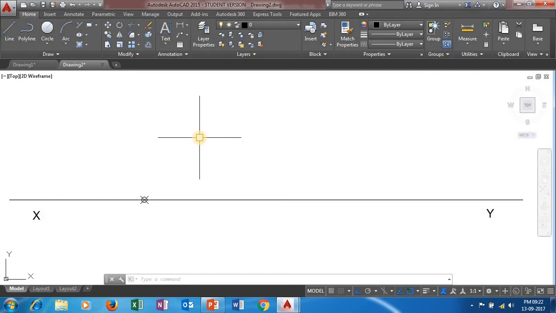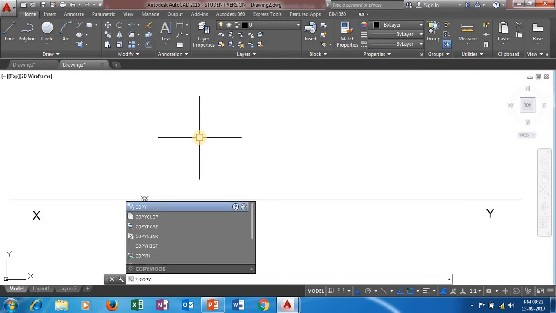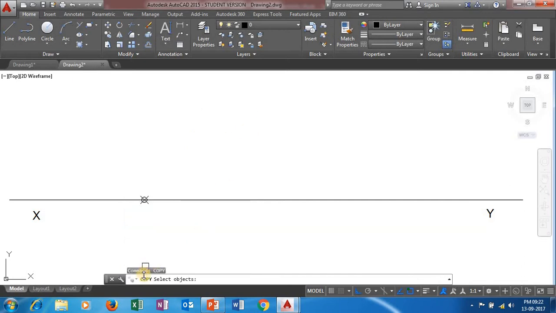So let us go for the copy command, COPY, hit enter. It is asking you to select the object. Now all of you select this particular point by giving a left click. After the point has been selected, hit enter. Now it is asking you to specify the base point. The base point is nothing but the node of your point. Move your cursor towards the center of the point and it will display as node. Give a click,